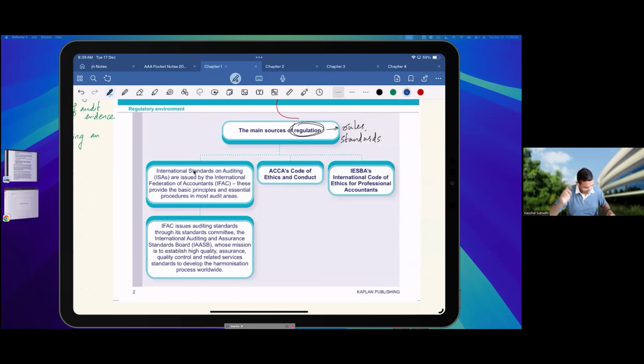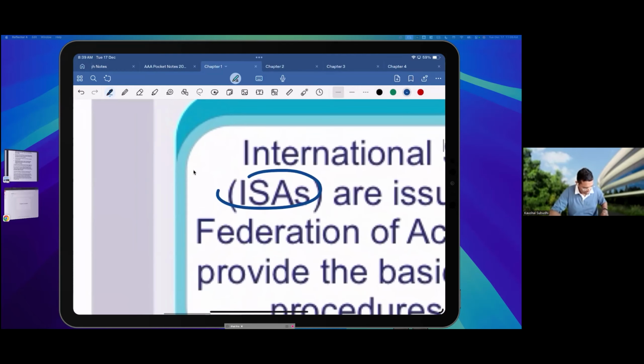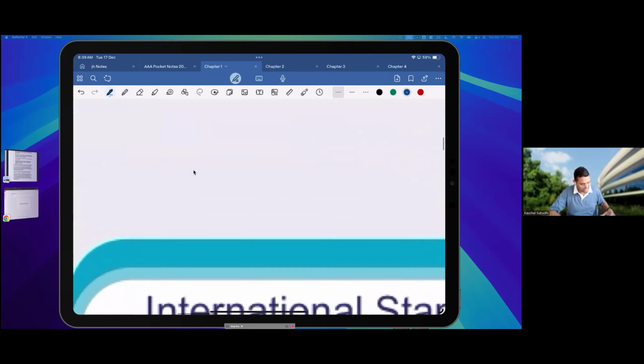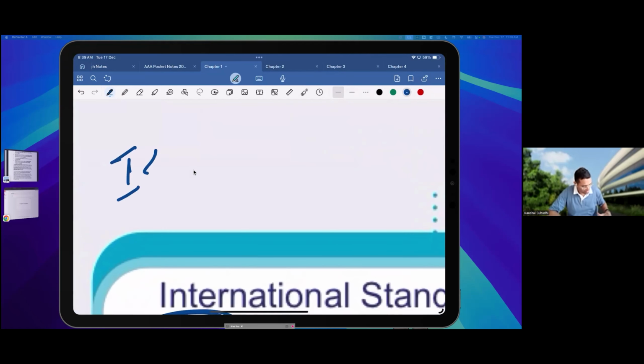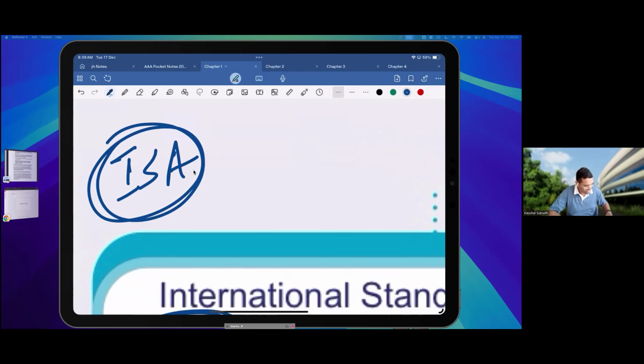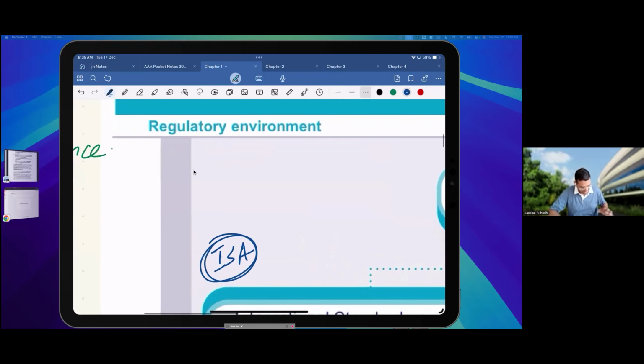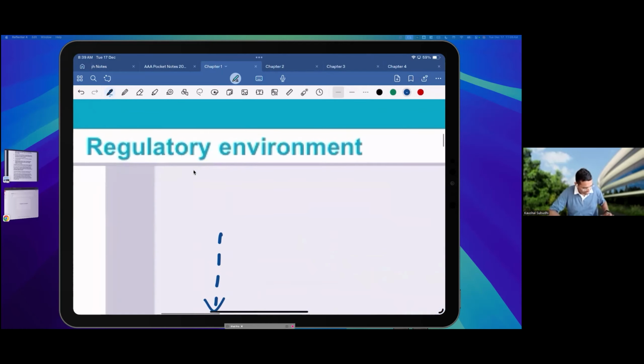I'm going to use another color, let's say blue over here, a darker one. So you have ISA. ISA is again something very important, and ISAs are the ones which you would be studying later, right? International Standards on Auditing, and it is actually issued by